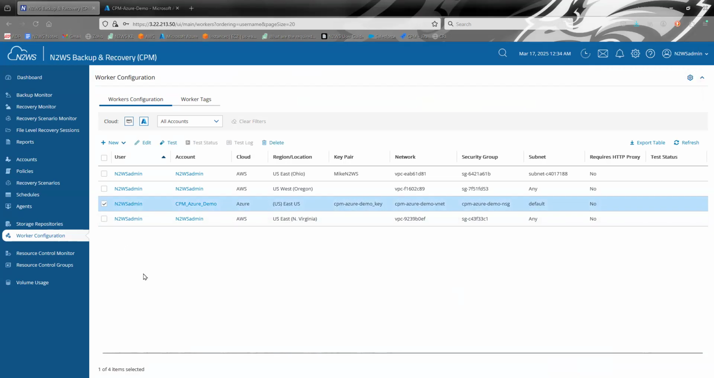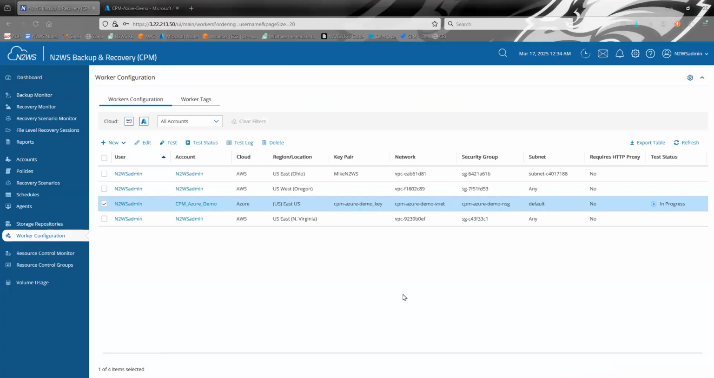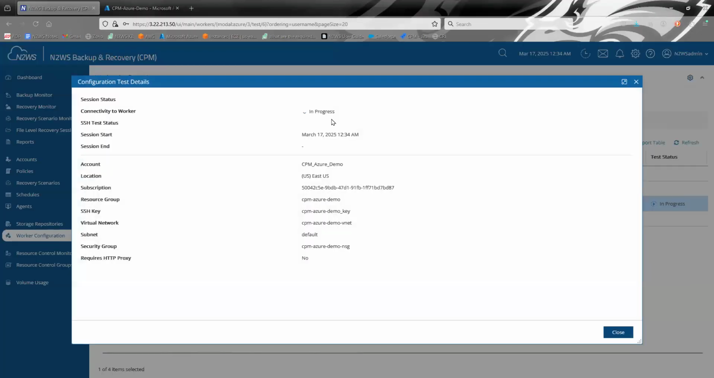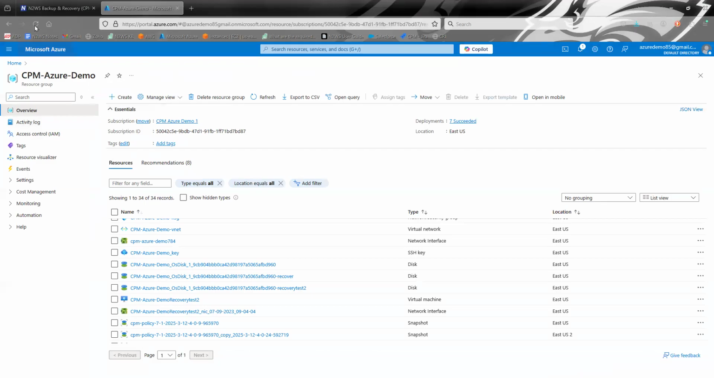So now I want to test and make sure it's going to work, right? So we're going to go up and click test, and we're going to run test. And we're going to go to test status and give this a minute. This typically takes a couple minutes, but we can actually come back here. So here's my resource group, and if I refresh this,